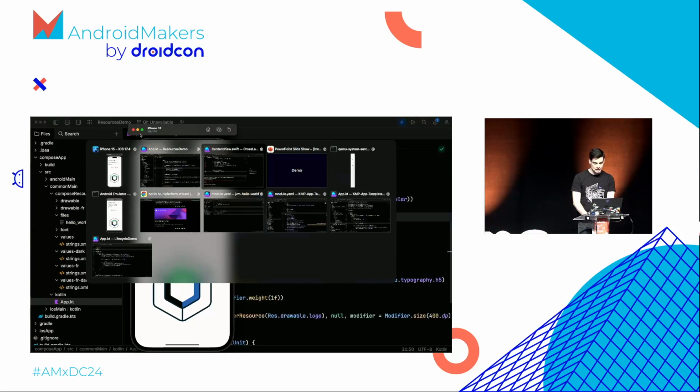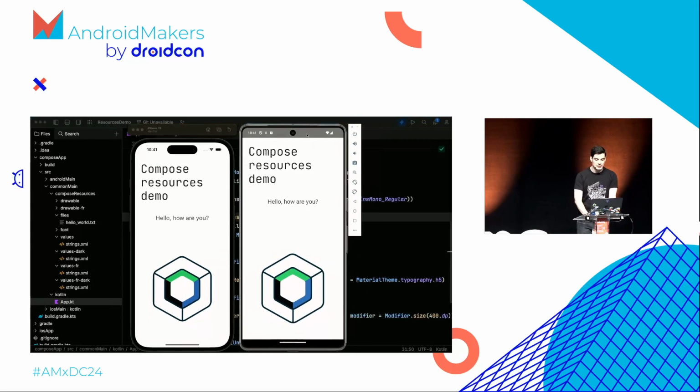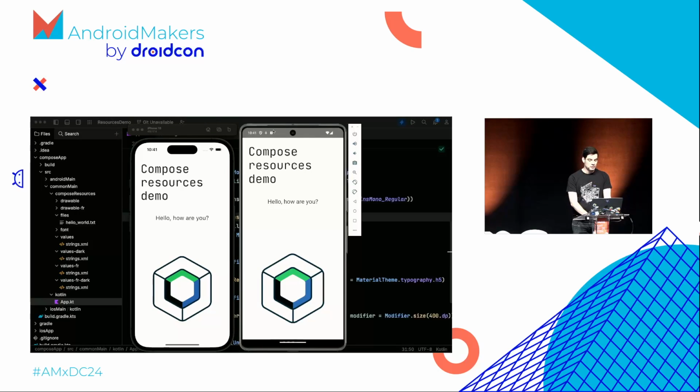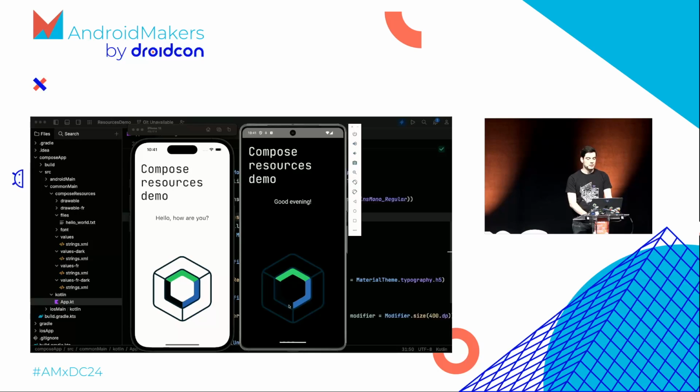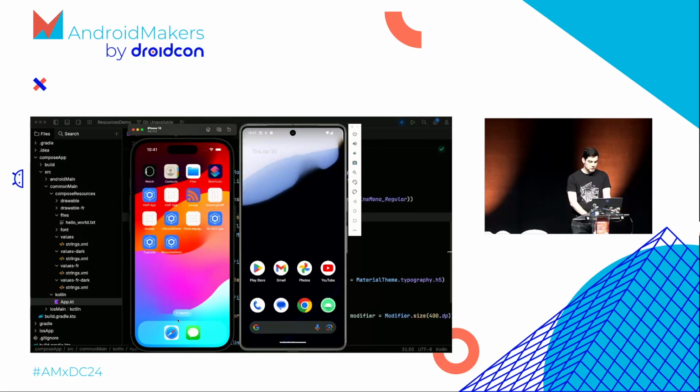Let's take a look at the application then. As you can see, we have the greeting, we have the font loaded, and we have this drawable that's coming from resources as well. And if we start changing settings here, we'll see that the resources update dynamically. For example, if I go to dark mode with the Android application, we now have good evening instead of the previous string resource. And if we switch languages,